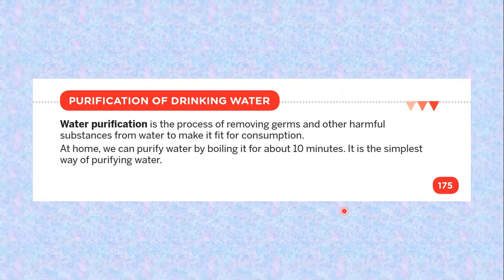Right. So once it comes to a rolling boil, boil it for another 1 minute and then turn off the gas and just let it cool normally. This water is the safest for drinking. It will remove all the germs, and the water coming in the tap is clean enough for you to drink, but we are just bothered about the germs in it. So if we don't have any kind of purifier, we can just boil the water for 10 minutes and we can drink that water. That is one of the simplest ways of purifying water for drinking.